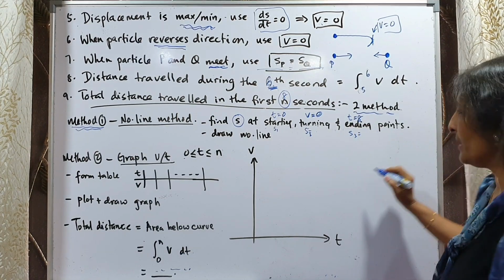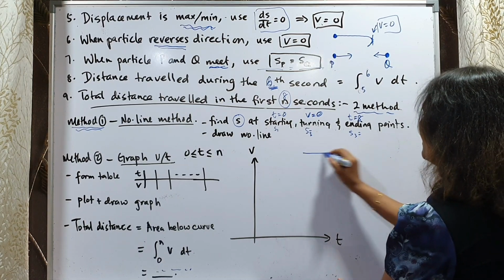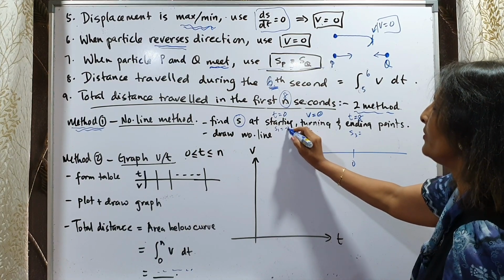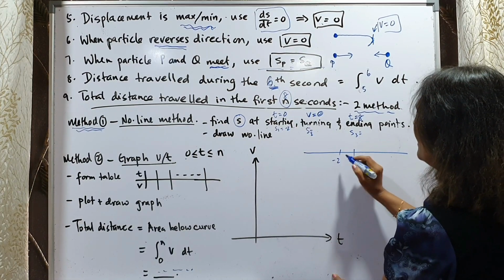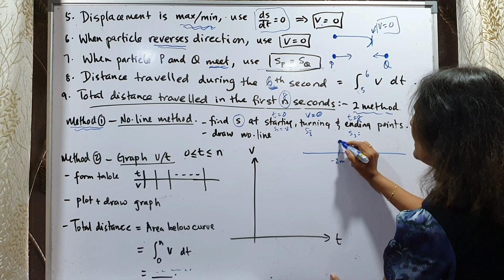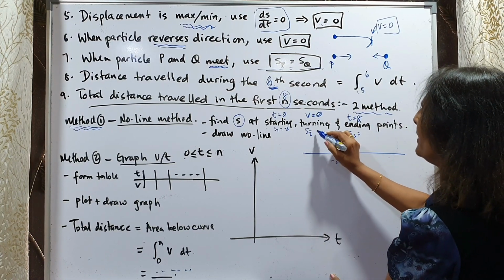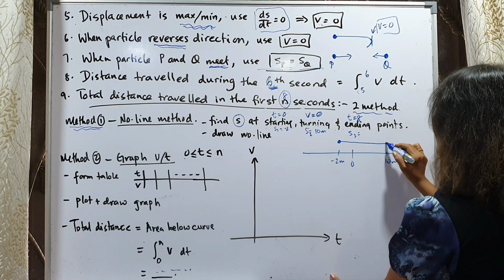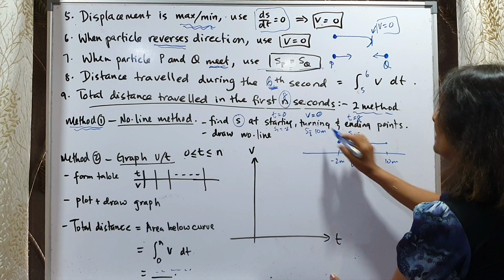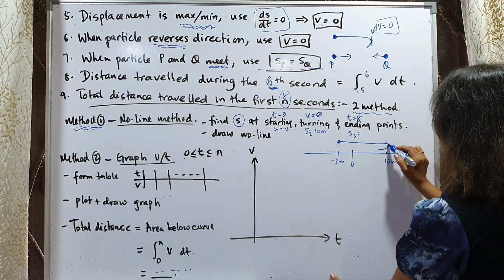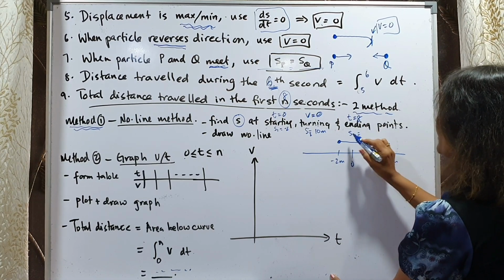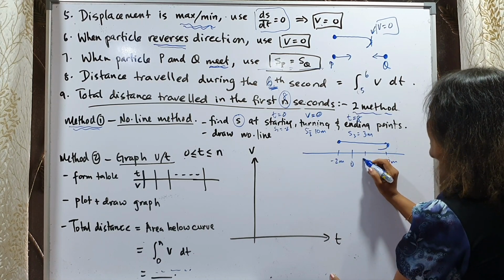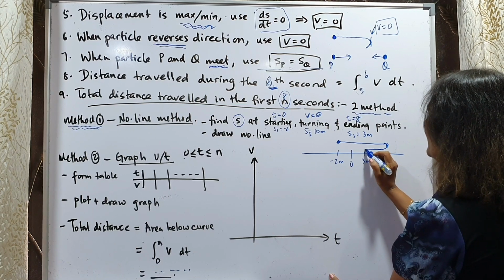Once you have all 3 s values, like last time, we draw the number line. Let's say s1 was -2. That means this side, -2 meters. Your particle started here. And then s2, let's say, is 10 meters. So it went all the way here to 10. Here it will turn. And the ending point is maybe, let's say, 3 meters. So it will go back to 3 meters, and it will go here and stop here.